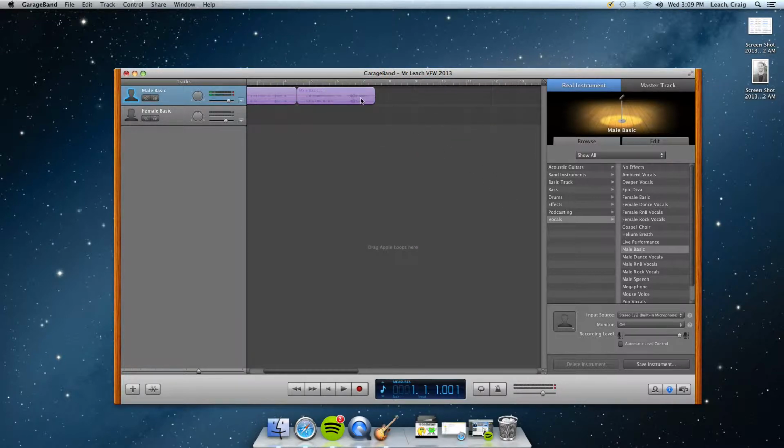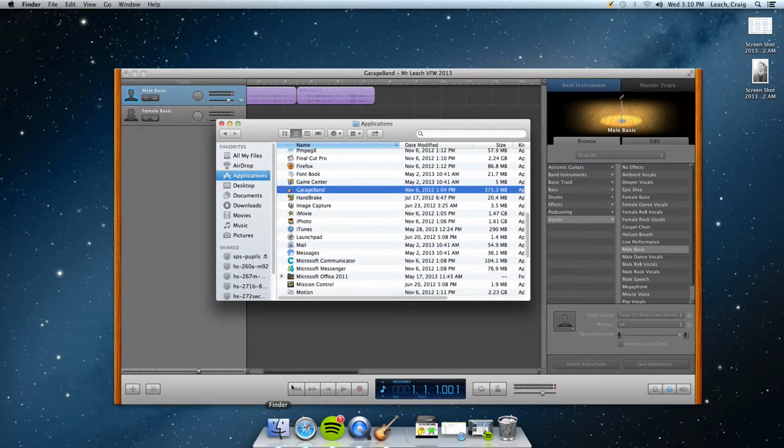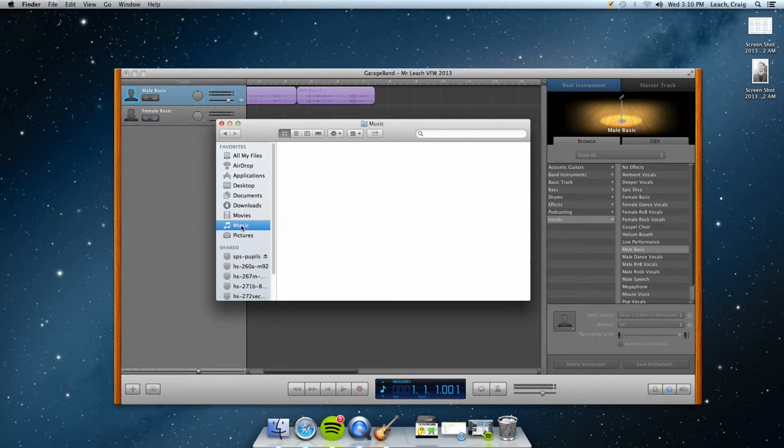And once it's been converted, I can look in my Finder again, go to my music folder, and here it is right here, this MP3 file, Mr. Leach VFW 2013. Now what I'm going to do is stick a CD into the drive, and the drive is on the right side of the Mac. So I'm going to stick the blank CD in,